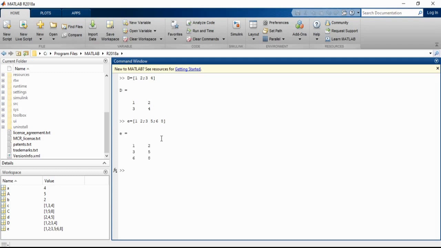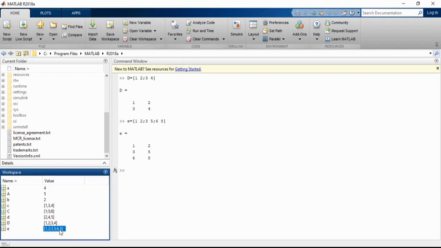So now you can enter. Now you can see, we have created 3 rows and 2 columns. Okay, so like this, how many semicolons have you seen here? 2 semicolons. That means you can create 3 different rows and 2 columns. You can see here a 3 by 2 matrix.